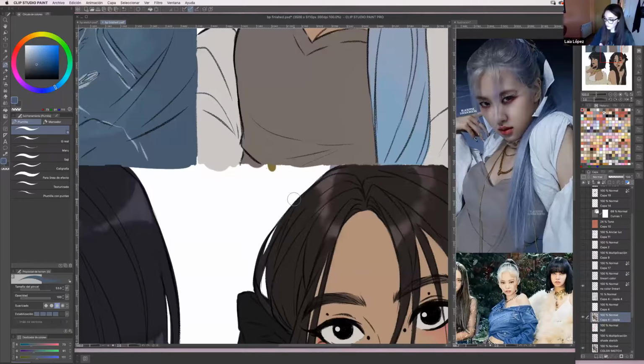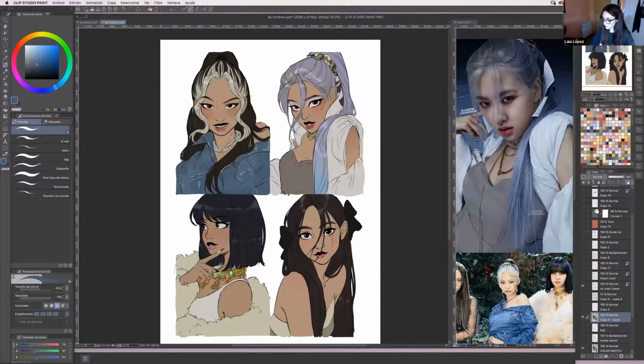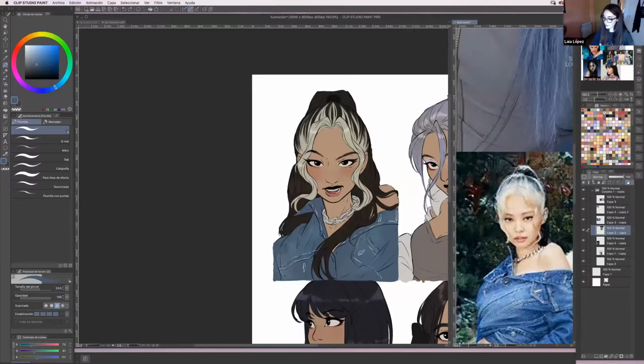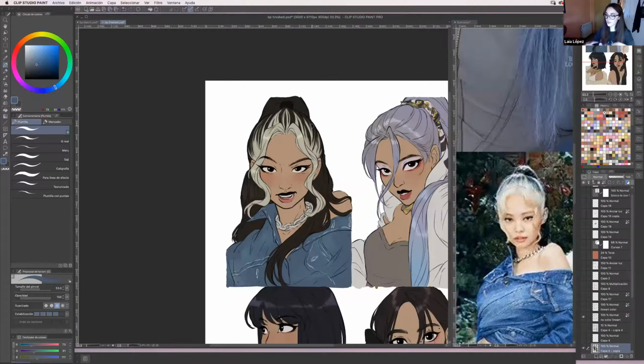And I did the same thing with Jenny's hair because I'm not gonna lie, that looked kind of weird to me. And I was like, how do I make it look so? Honestly, it reminded me of chocolate. Like, you know that chocolate jar that's like black chocolate and white chocolate? That's what it reminded me of. And I just couldn't help it. And I was like, I need to make this look like hair. And what I did is basically the same thing.